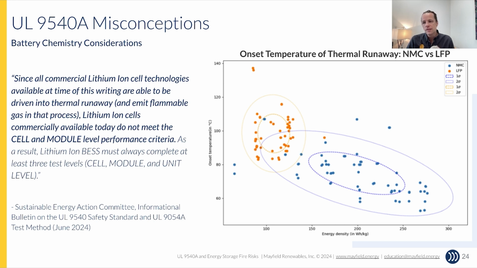And so what you notice here is that not only is the circle of orange dots that relate to LFP higher temperature-wise, but they're actually a lot tighter grouped, which is to say less volatile, or more predictable, perhaps, around the temperature at which thermal runaway might begin. So that is in part why we moved away from NMC. This is also to say that there is a risk. It is a non-zero percentage risk for thermal runaway and some of the specifically explosion risks that come with lithium-ion